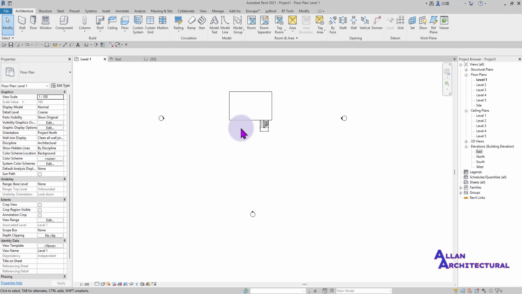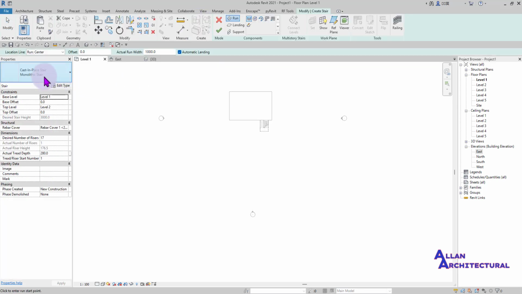So now to get to your stair icon, you need to make sure you're in the architecture tab. Make sure you're on the architecture tab in there, and then you can see this stair icon in there. You're going to see something like 3 steps. All right, so you can make sure you click on that icon in there, and when you click on that icon in there, you are automatically going into the stair mode on how you can actually draw the stairs inside